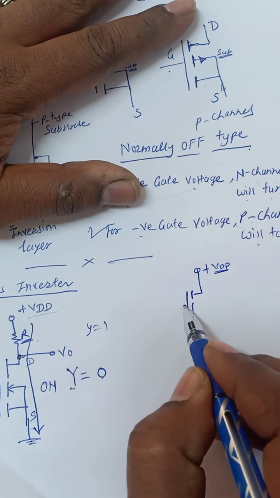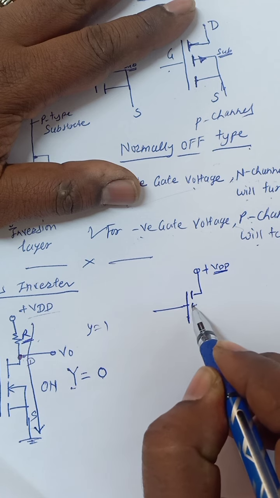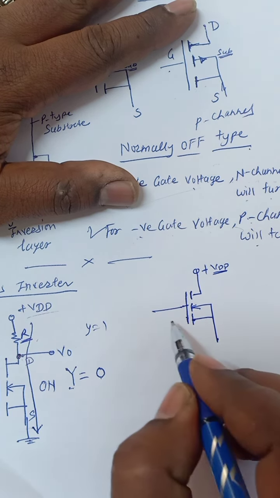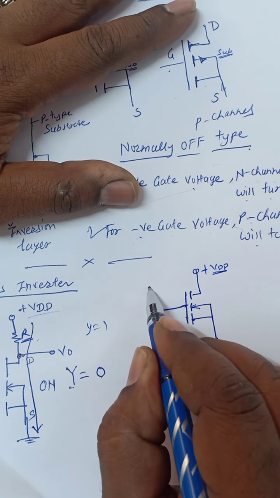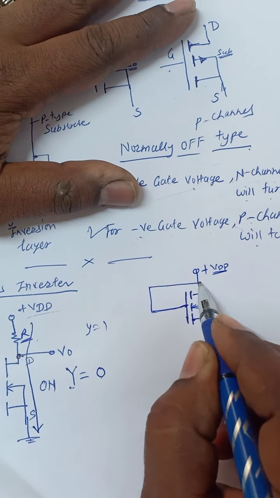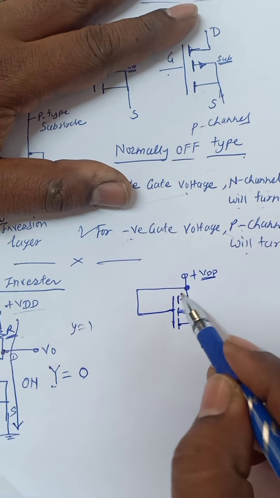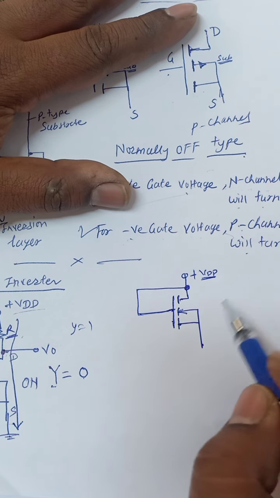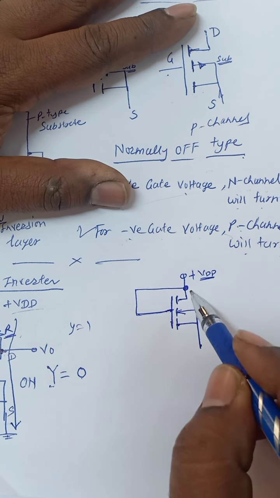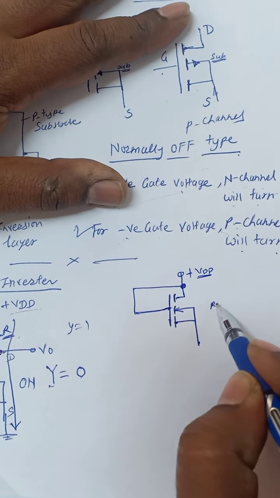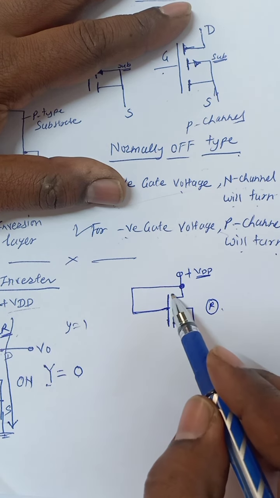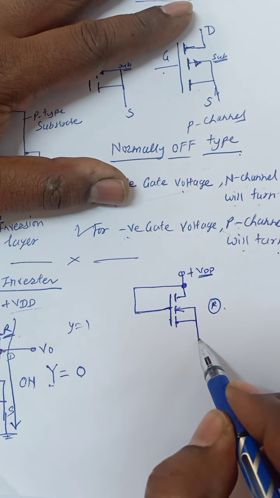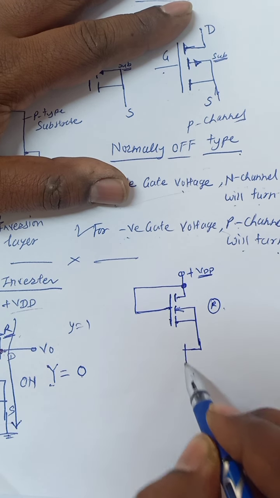So this is the N channel. This gate is now connected to positive potential, so because of this positive potential some inversion layer is produced and it offers some resistance to current flow, so it acts like a resistor now. So there is some current flow with some resistance. Then the remaining part, the lower part, is the same.